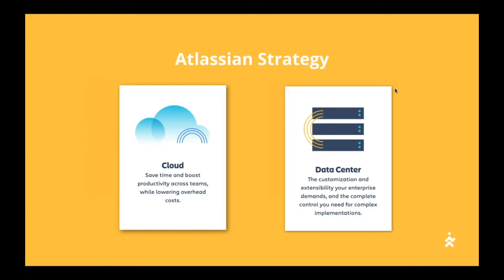So data center will be the first option to use in your own environment. Okay, so if you want to deploy the solution in your own environment, the first option from the Atlassian strategy will be data center. You can have one node, you can have two nodes, but in the future,